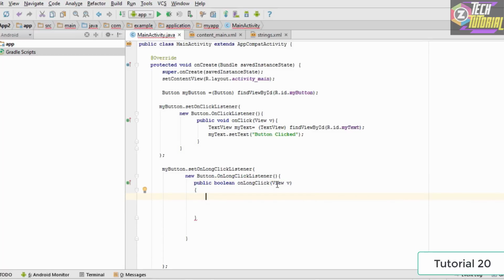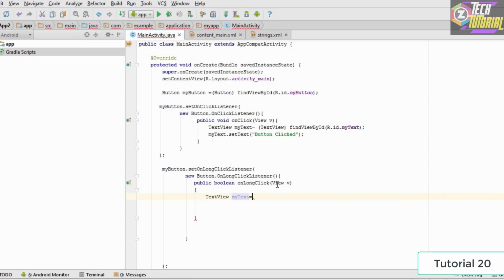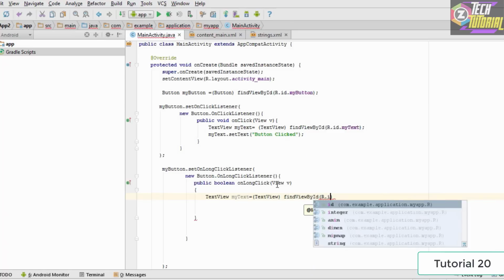So in this case, when a user holds on the button for a long period of time, for let's say a few seconds, 2 or 3 seconds, then we want to display that this was a long click, and the text which we are trying to change here is going to be the my text. So basically we need a reference to my text, so we type TextView myText equals, and we typecast it, so we type TextView, and then we type findViewById, and inside it we specify R.id.myText.